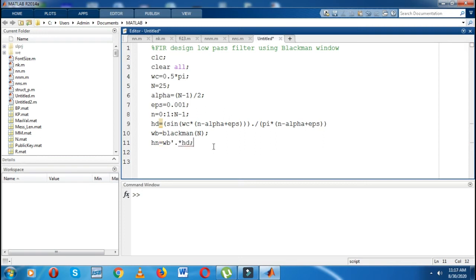Then I will write H is equal to freqz, because I have to calculate the frequency response, freqz, again in bracket, Hn comma 1. This is a fixed command for the calculation of a frequency response function.